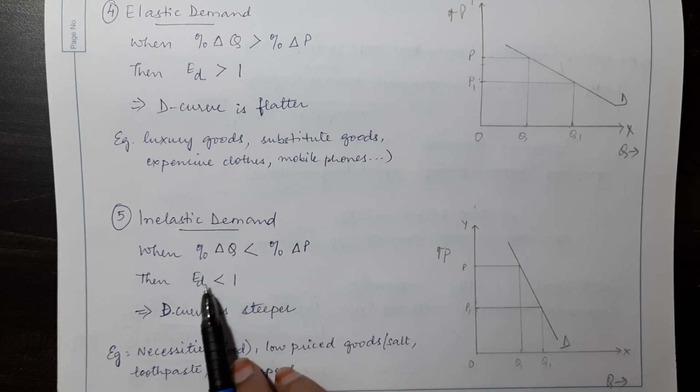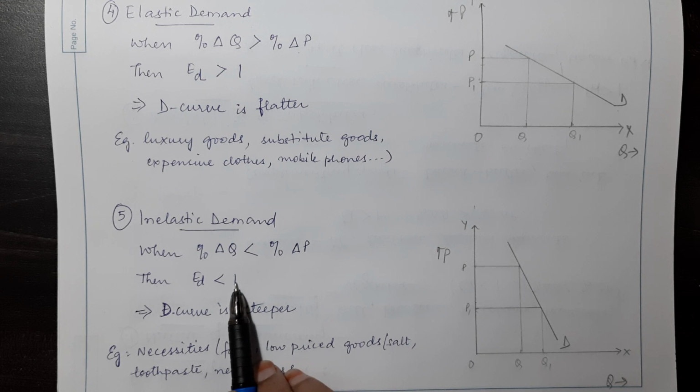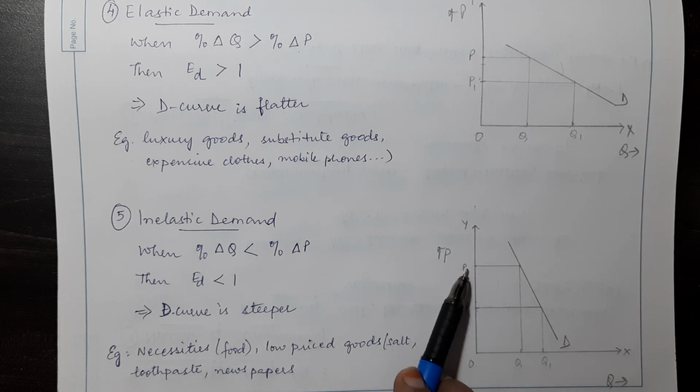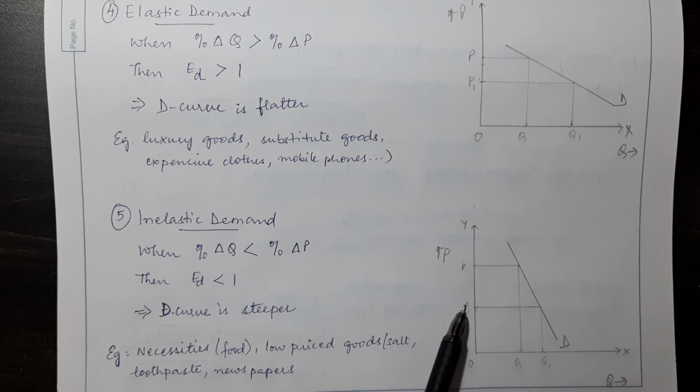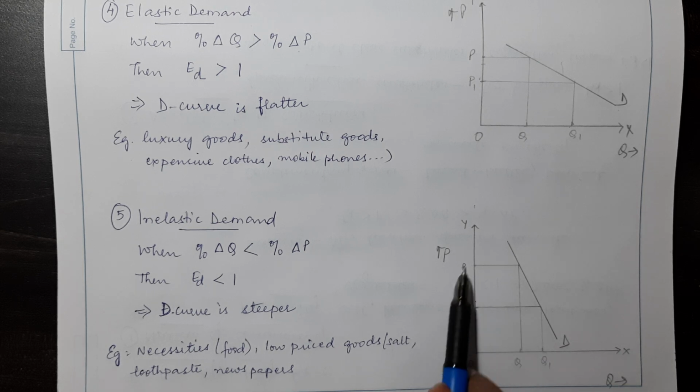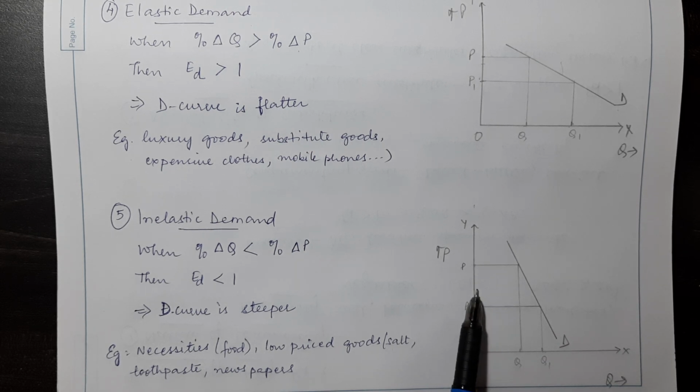In that case, ED will be less than 1 and the demand curve will be a steeper curve. Now look at this graphically. You find a lot of change in price, but it is bringing a very slight change in quantity. So when the percentage change in quantity demanded is less than the percentage change in price, then we call it